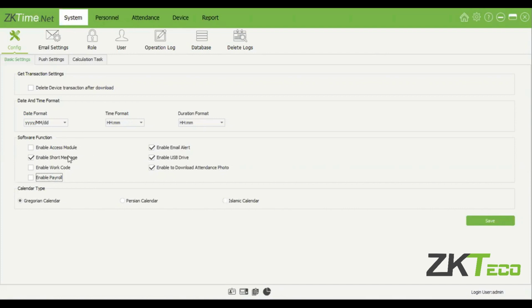All right. Then obviously on the configurations, you'll be able to select what you want in the system. The first option we have here underneath basic settings is, do you want the device to delete the transactions each time after they download from the device? Obviously, you will not select this because